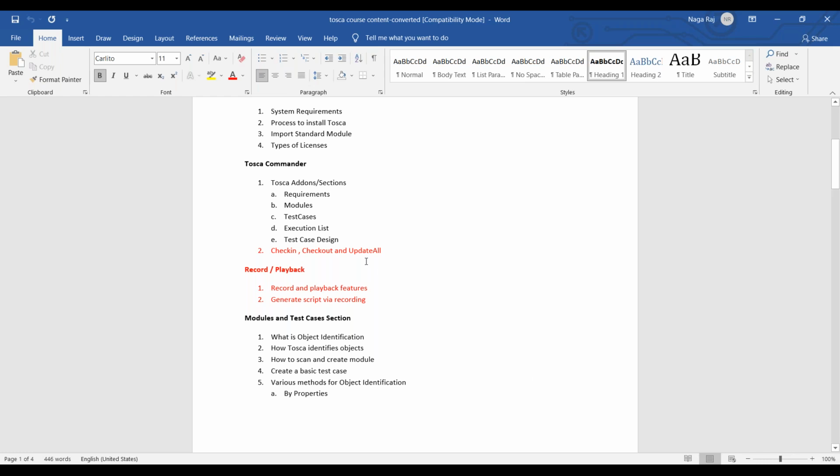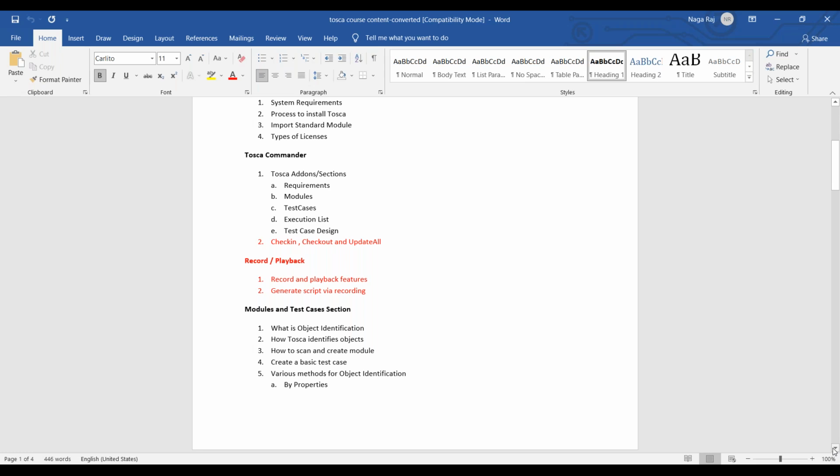And coming to the check-in and check-out update. So guys, I hope you are aware of a repository, as we have repositories in Selenium and other tools. In the same format, we have a single user repository and a multi-user repository. As the name itself says, for the single user repository, the user who created it is the admin of that particular repository, and he is the only one who has access to it.